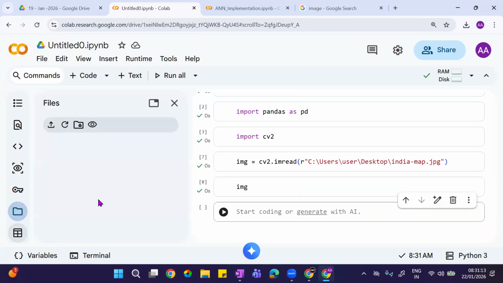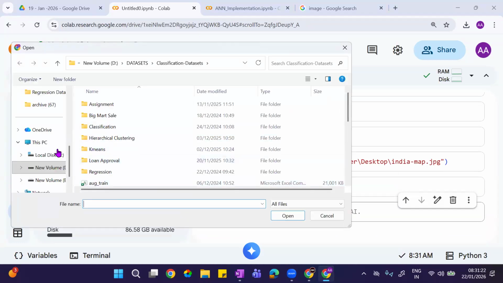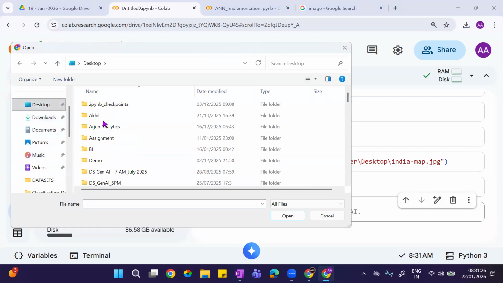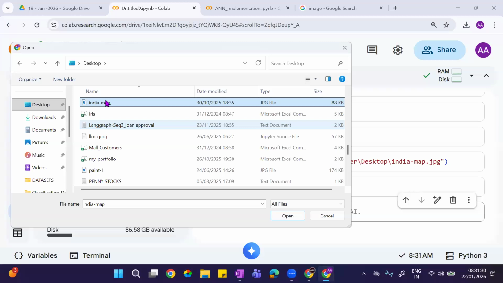Or I will upload that image. Let's take it. Okay, I'm uploading this image.